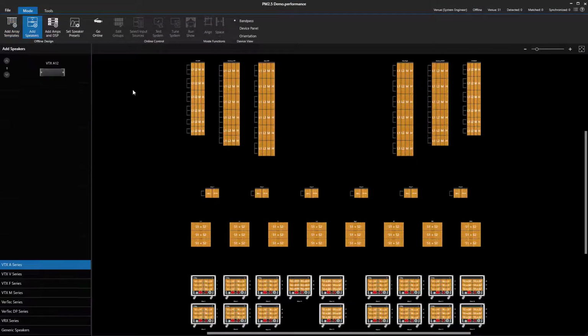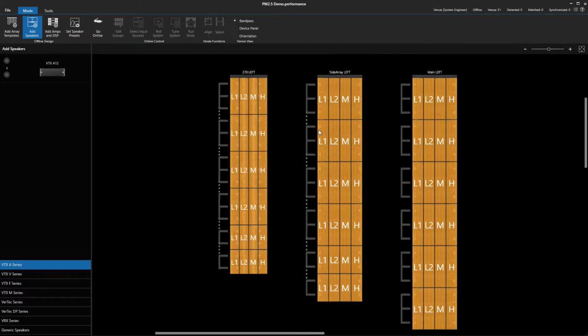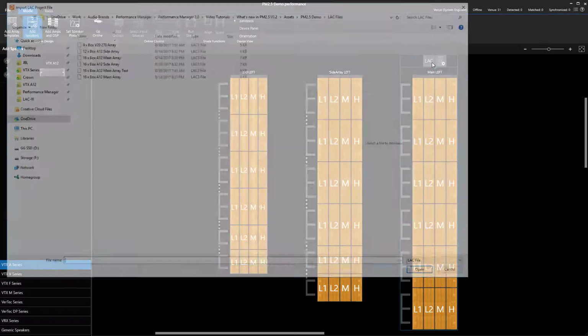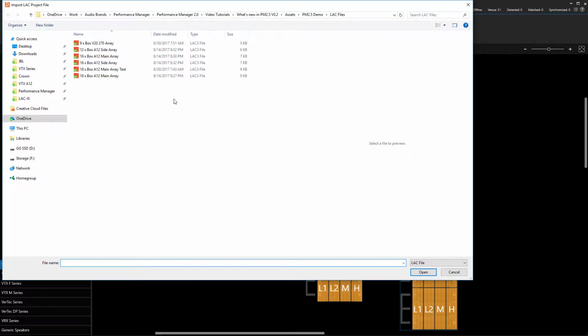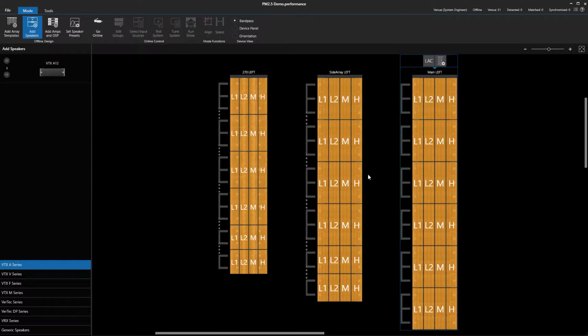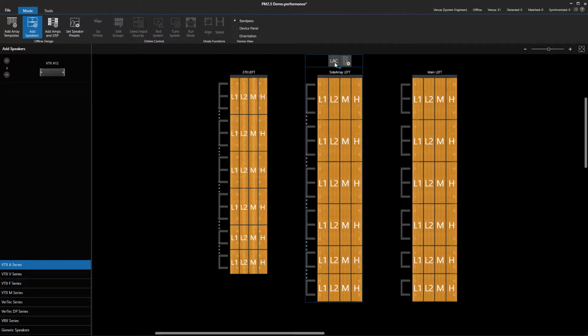Additionally, Line Array Calculator files can now be imported on existing arrays, which allows for resizing and reconfiguring arrays without breaking the speaker to amplifier associations or the system groups. To reconfigure an existing array, navigate to the Add Speakers mode and then click on the Line Array Calculator button. Select a Line Array Calculator file and then click OK. At this point, Performance Manager imports the file, resizes the array, and updates the DSP parameters, all without breaking the